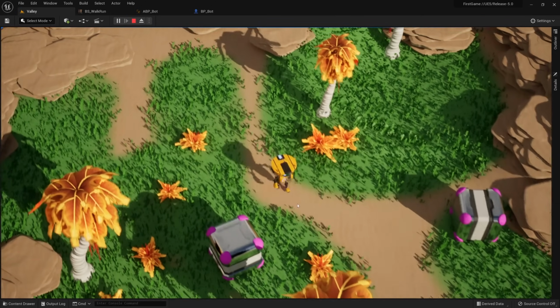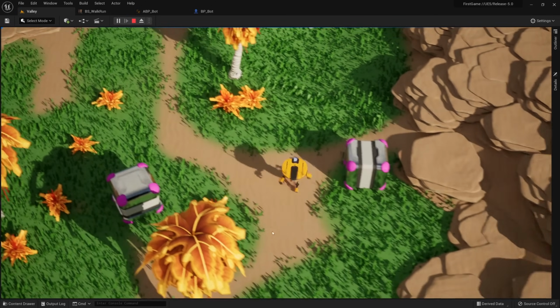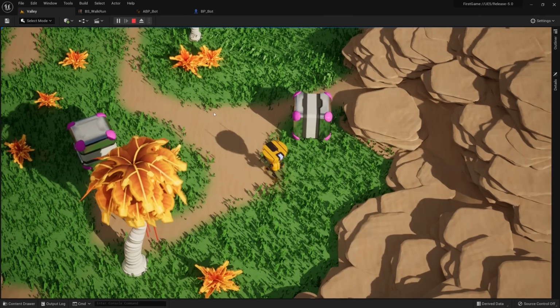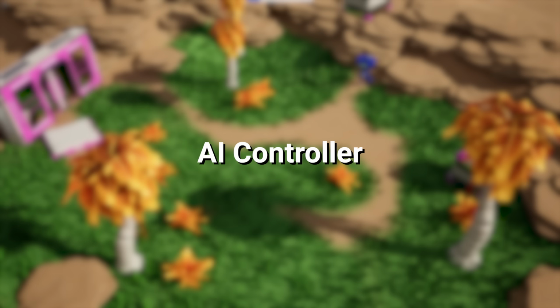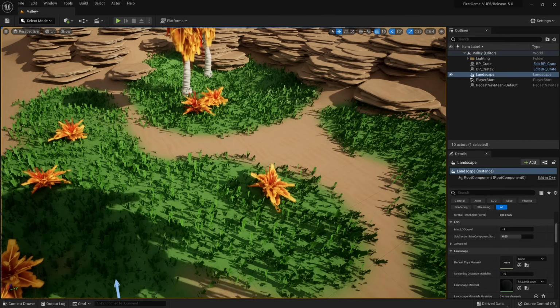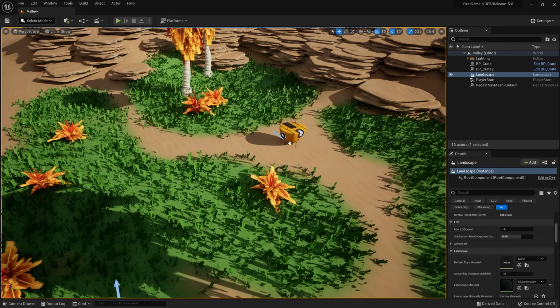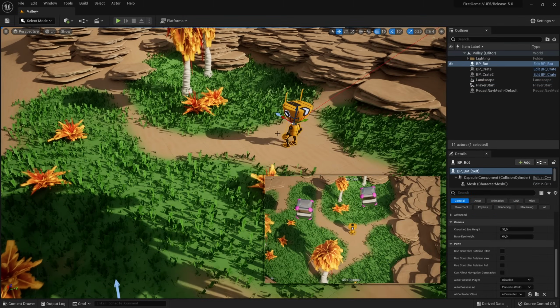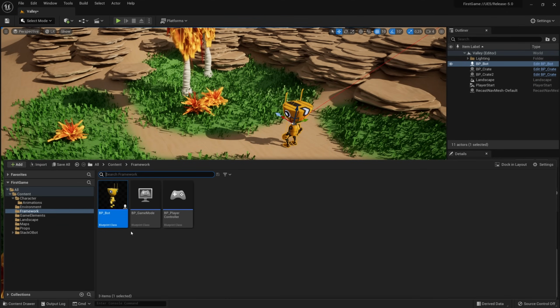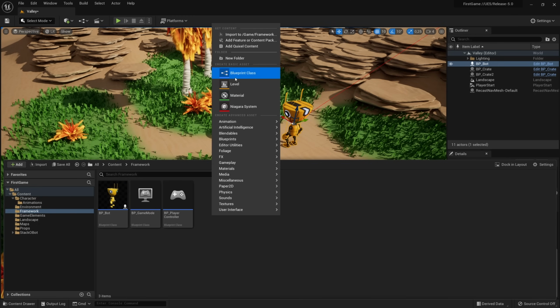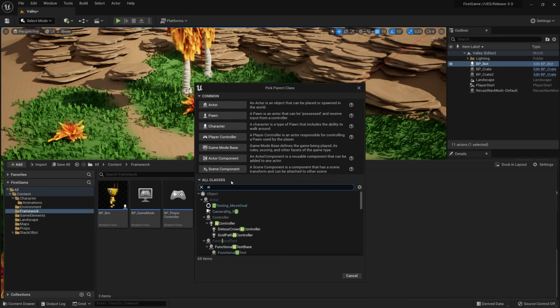So in a very short time, we have our character running around in the world and reacting to our input, which is pretty cool. So as the bot is ready, we can do even more with it. Let's drag the bot into the scene and control him with an AI controller. Because of our setup, having the player controller controlling the bot, we can also have an AI controller as a brain for the body. So back in the blueprint window, we can search for AI and select the AI controller and name it